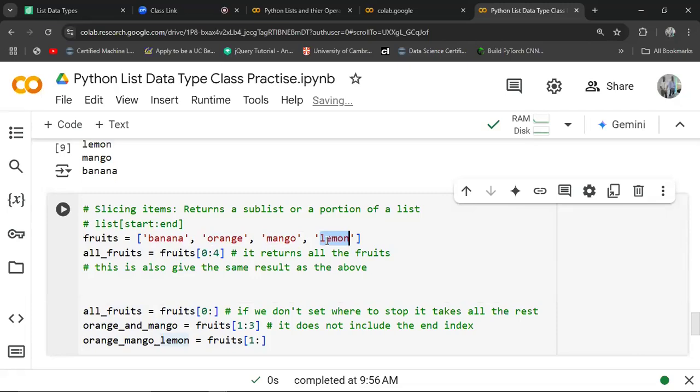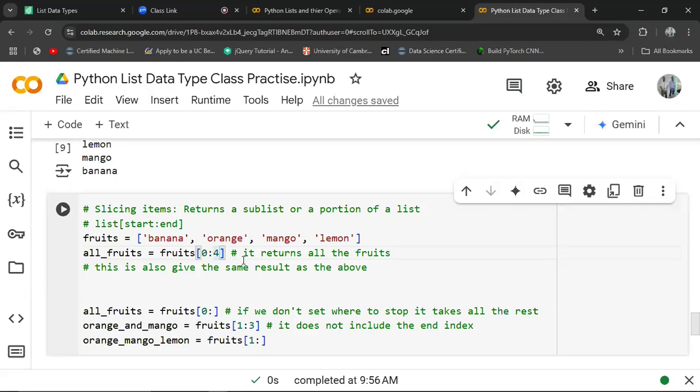So if I want to see all these fruits, then I can just say, I want to start from index 0. That is where I'm starting. This is the start. Then this is index 1, index 2, this is index 3. So to get all the items, you'll have to print up to index 4, just like we did in